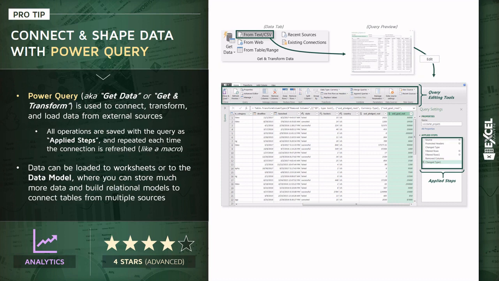Now, once you've transformed and shaped your data and you're ready to load it into Excel, there are two places where you can load it, either to a worksheet where it will live in rows and columns and cells, or to the data model where you can compress this data and store much more information, hundreds of millions of rows. And it's also where you can actually build relational models to create table relationships and connect or blend information from